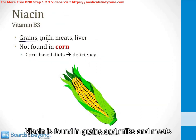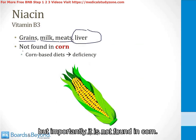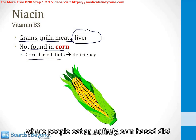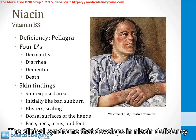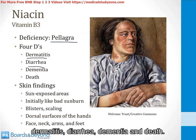Niacin is found in grains and milks and meats, and people that eat liver consume lots of niacin, but importantly, it is not found in corn, and there are parts of the world where people eat an entirely corn-based diet, and those people are vulnerable for niacin deficiency. The clinical syndrome that develops in niacin deficiency is called pellagra, and it consists of the 4Ds: dermatitis, diarrhea, dementia,